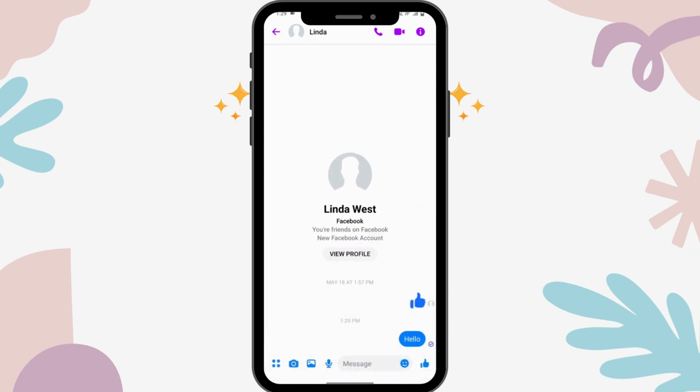And after sending, now if you want to delete this message for yourself and for the person whom you sent the message, so if you want to delete from both sides, then what you have to do is just tap on the message and you will have 4 options. Tap on the option which says more,